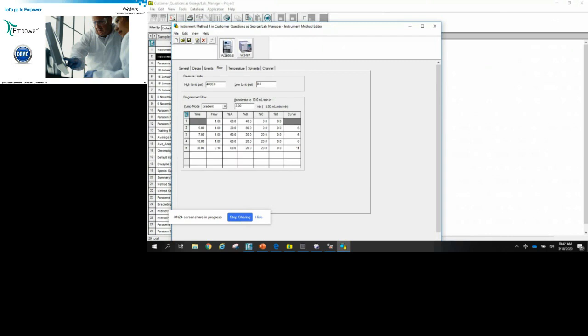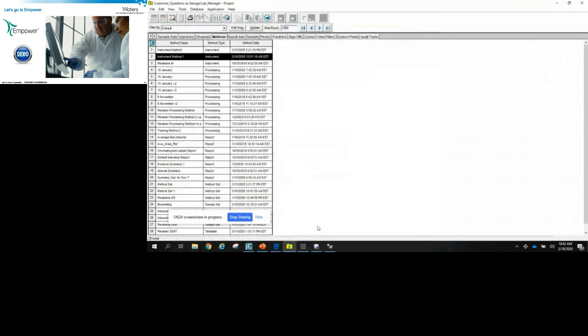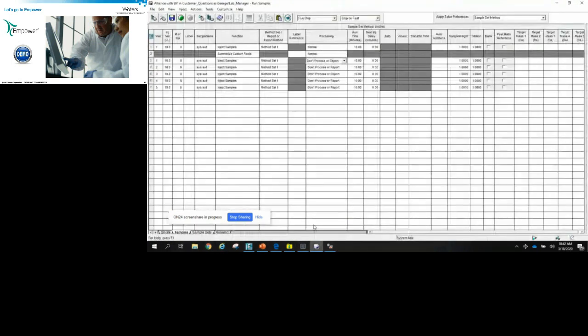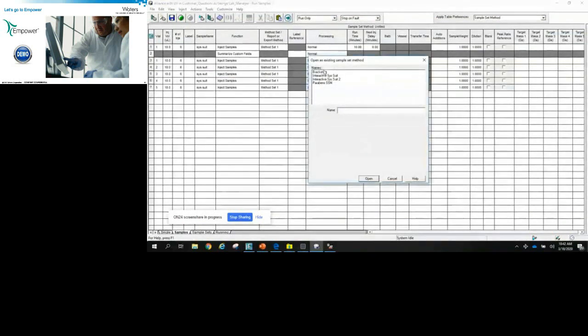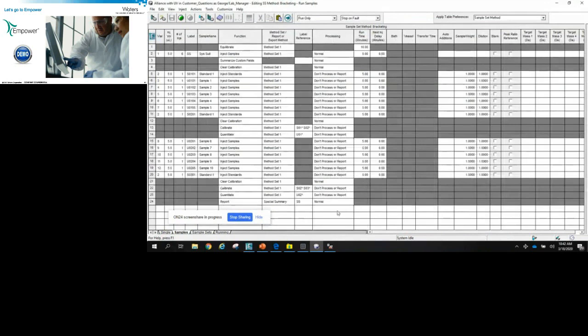Here's another question that came in, and actually there are more than one related to this particular topic. So let me go back to my Run Samples window, and let me do something here. I'm going to load in a sample set method that I created. Okay.